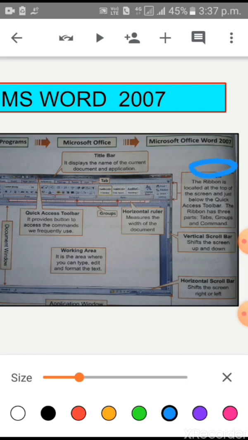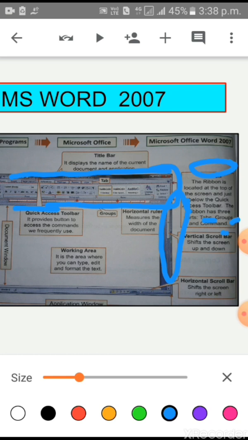Children, the ribbon is located at the top of the screen and just below the Quick Access toolbar. The ribbon has three parts: tab, group and command.